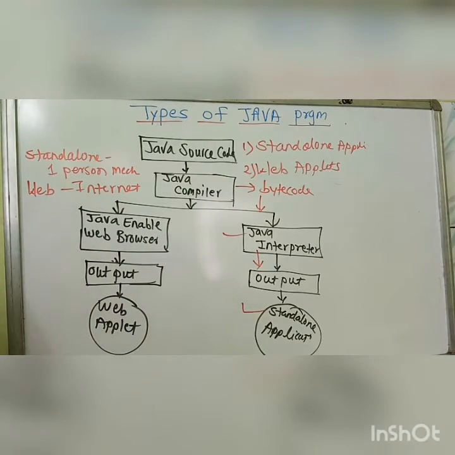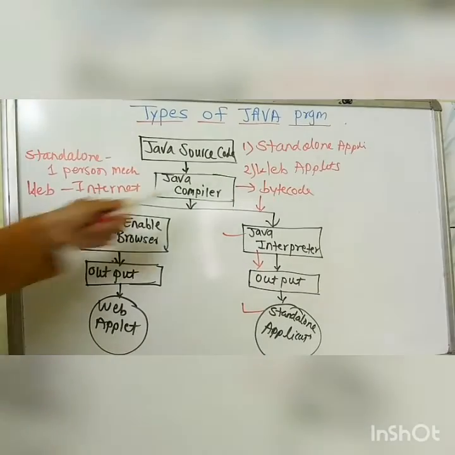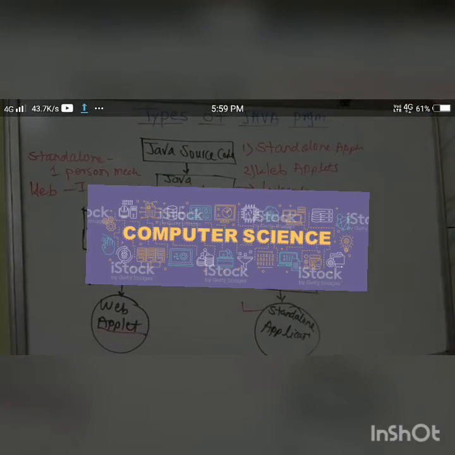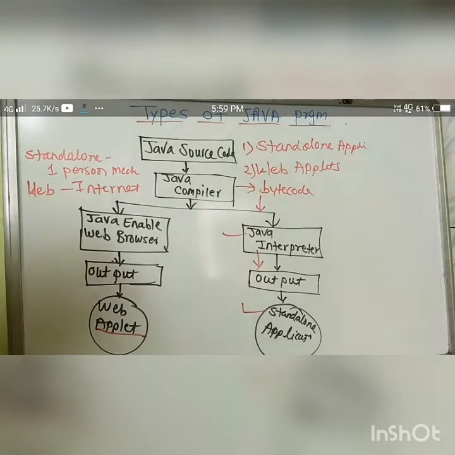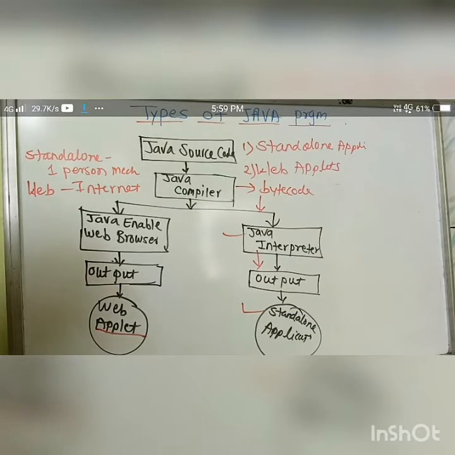Now we will see the next type of program, that is the web applet. For internet application development, applets are useful. The internet version of Java is nothing but the applet. Remember in mind that the internet version of Java is nothing but the web applet. We can develop simple animations to large simple or complex games with the help of applets.